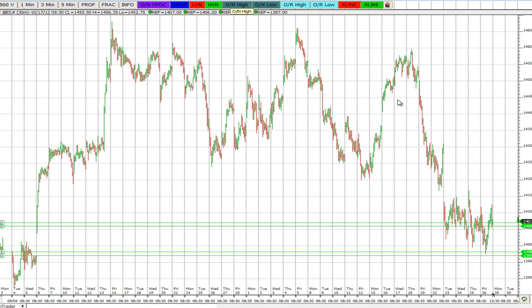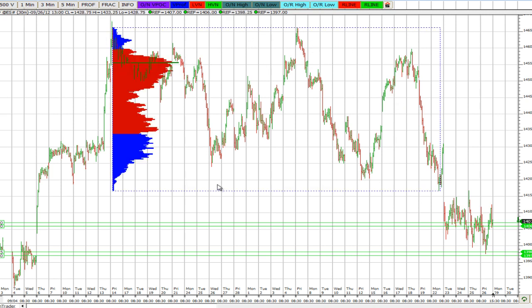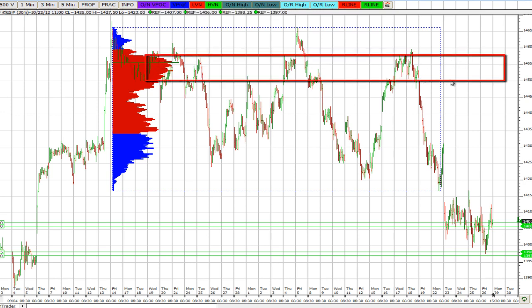Let's draw in a profile here and see what we can glean out of this. We noticed that the major high volume node, even though there was a lot of volume in a lot of different areas, the major one happened right here. So we could say that this general area here to here is also an important area to be watching